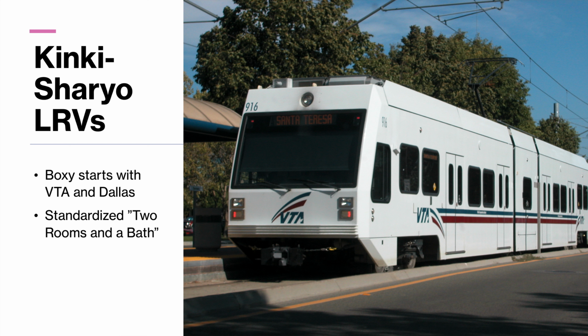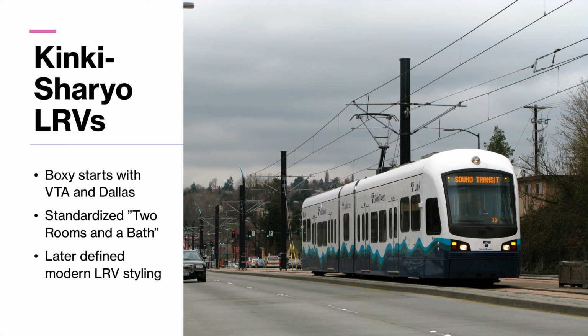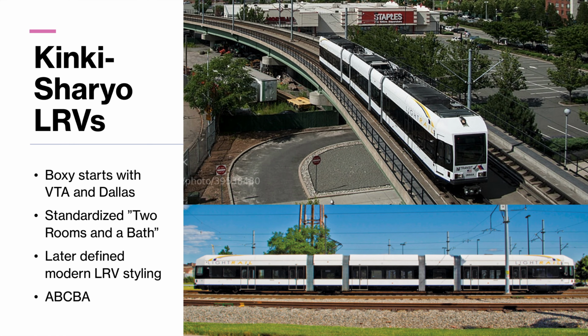But they did standardize the so-called ABA setup, or 2 rooms and a bath, where you have 2 larger end cars and then one kind of trailing unit in the middle that they both rely on. So 3 trucks, 6 axles, ABA setup. They also later helped to define modern light rail vehicle styling, like you can see here in Seattle, with much smoother, sleeker appearances. And recently they've started working on so-called super light rail vehicles, or ABCBAs, seen here in Newark